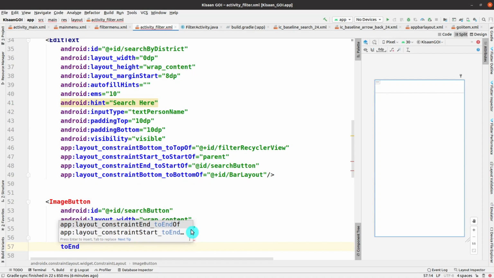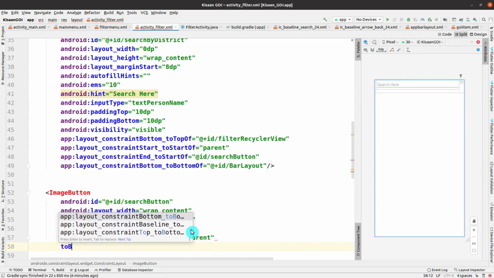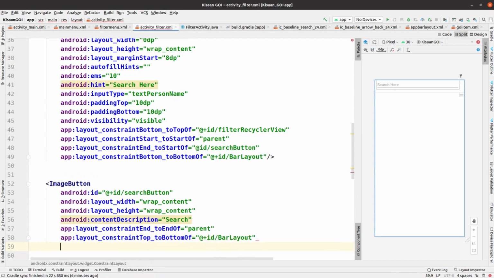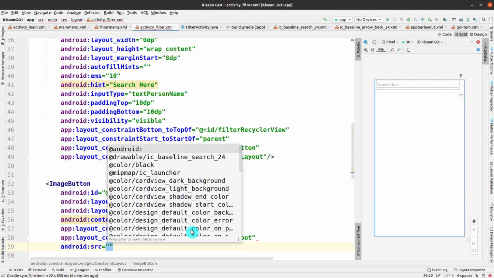Afterwards we add a few more properties like end to end of parent, the properties required for the constraint layout, and then again top to bottom of, and the ID has been given as bar layout.